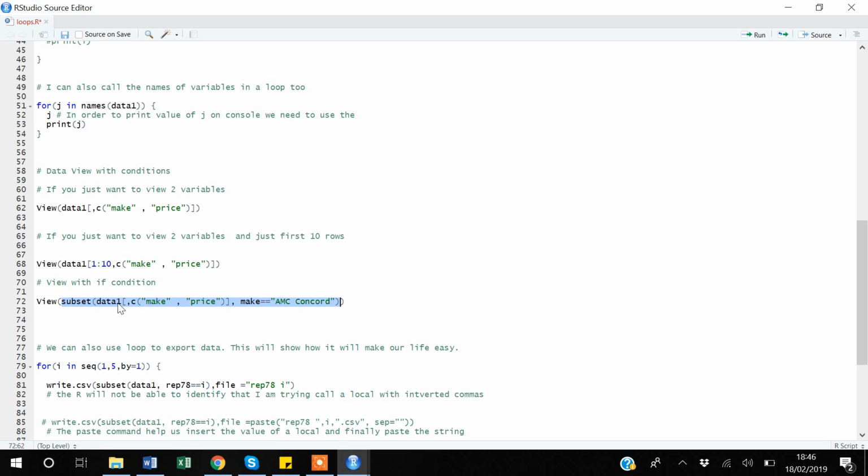I said show me the data 1, but only these two variables. I am saying get all the data 1, but only for make and price. But after this comma, I am specifying the condition that show me the observation where the make is equal to AMC Concord. So if I do that,